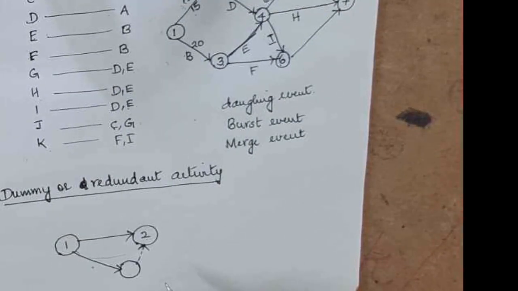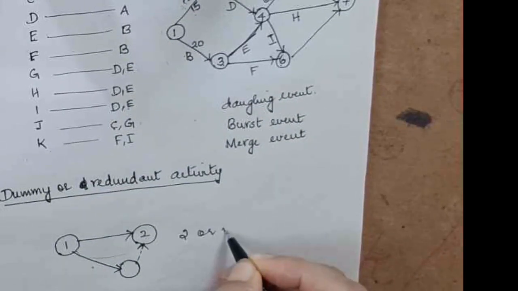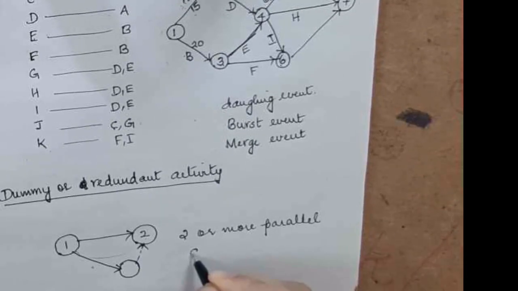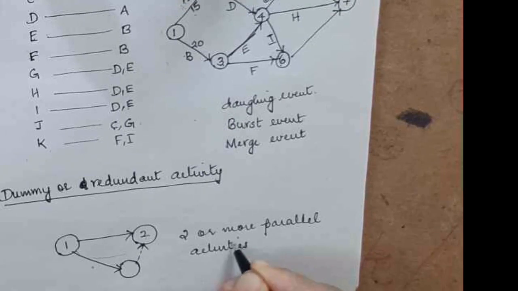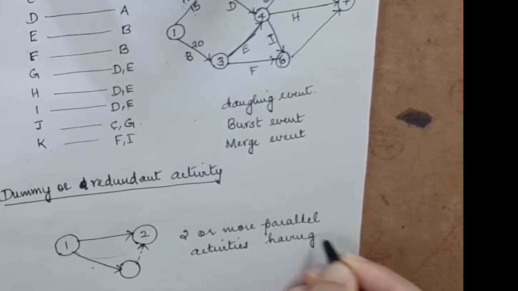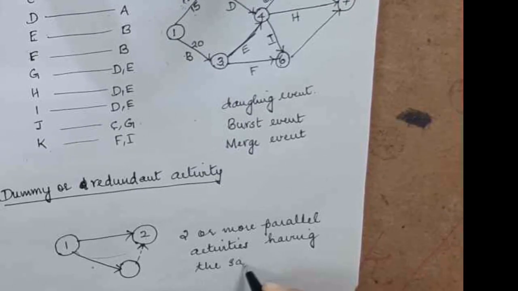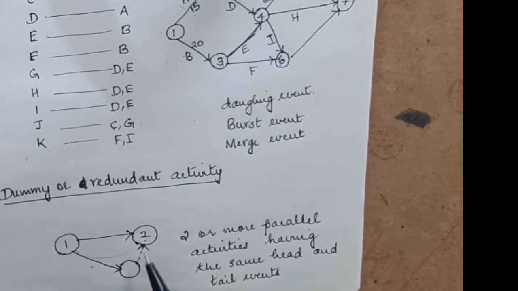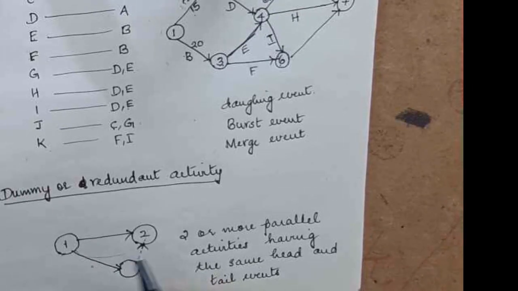That is, when there are two or more parallel activities having the same head and tail events. This is a head and this is a tail. Starts from the head, ends at the tail. So if you have two activities starting from the same head and ending at the same tail, we call that